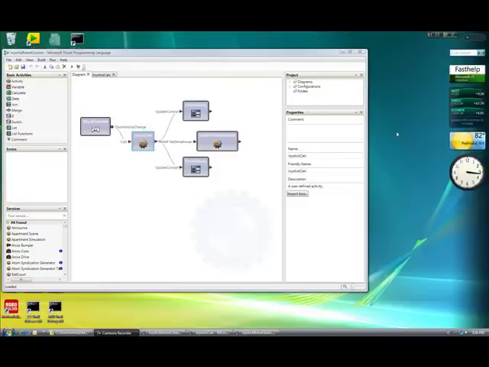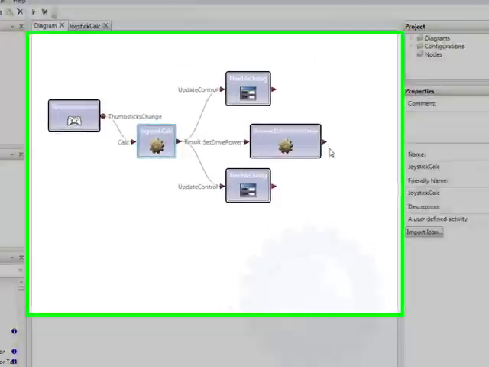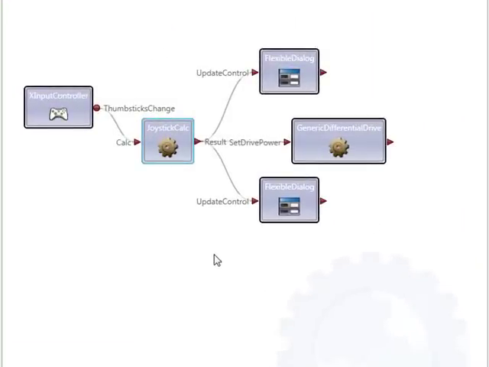In this video, we're going to look at using custom activities in VPL. Custom activities are a way to hide some of the complexity of a VPL diagram. I have a diagram here which is similar to the previous one in the introduction to VPL, where we are